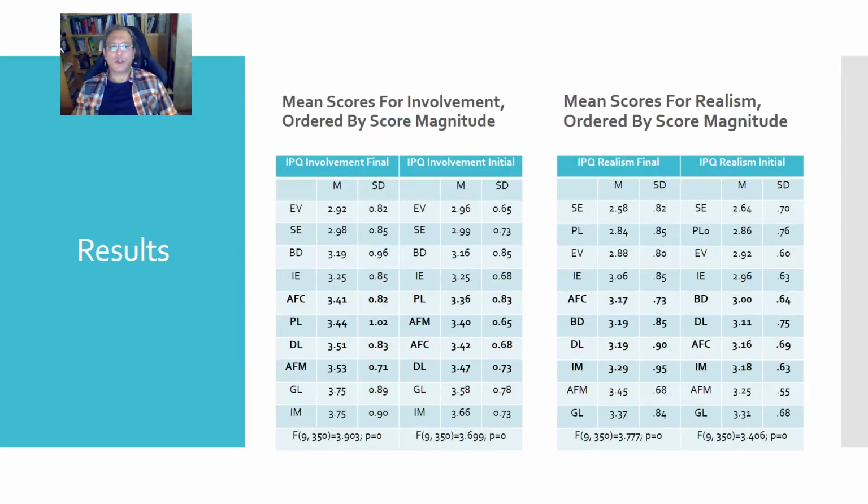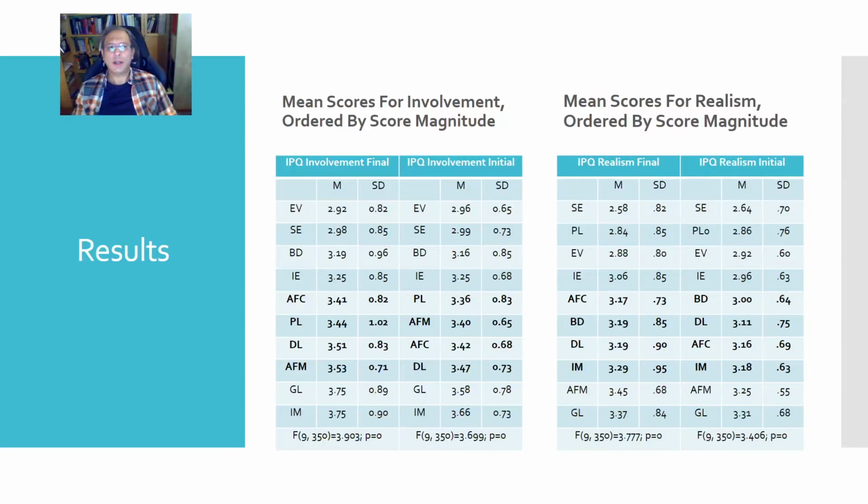So here the data shows that the mean scores are different for each game, for involvement and for realism, and both the final version and the initial version are capable of providing significantly different scores between those games. The ANOVA results indicate that there are significant differences between the scores of the games.